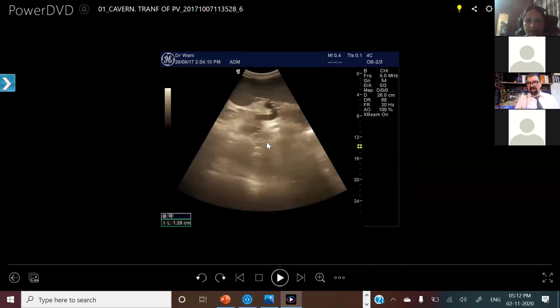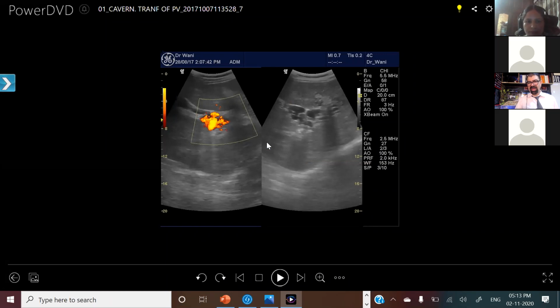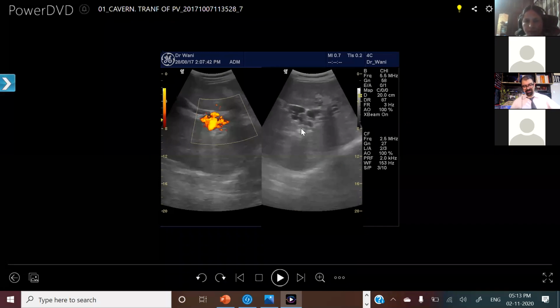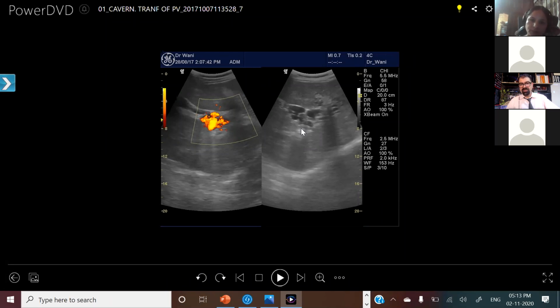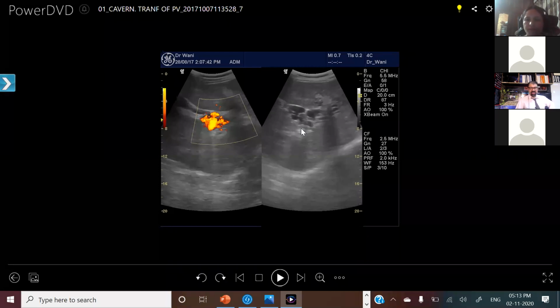Now I am going to the liver. What I am seeing in the liver is a bunch of vessels, not vessels, I will say, because I have not put a color yet. I am seeing a bunch of anechoic tubular areas. What can this be? This can be collateral, portal cavernoma, cavernous transformation of the portal vein. But these can also be a bunch of dilated bile ducts, yes or no?